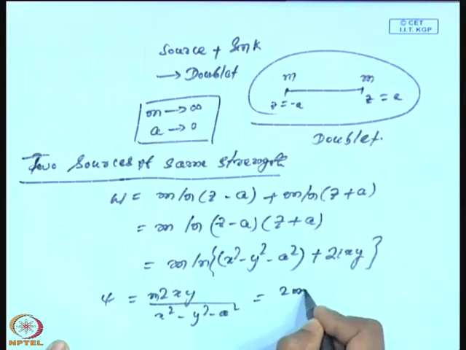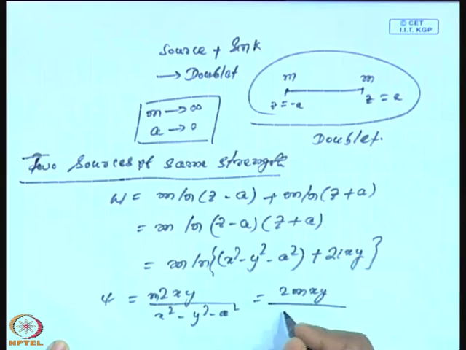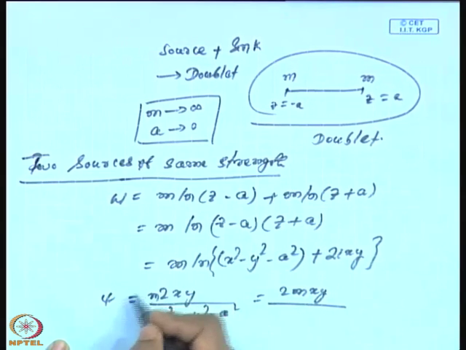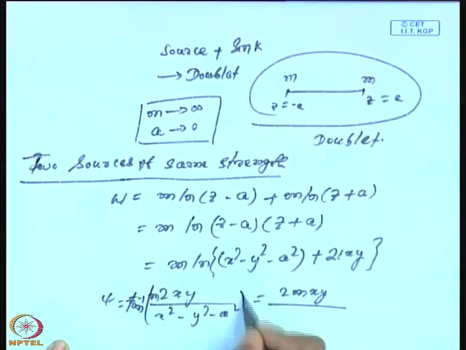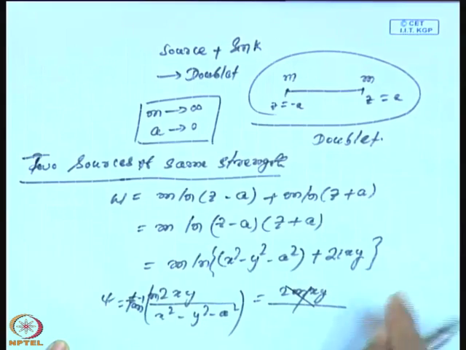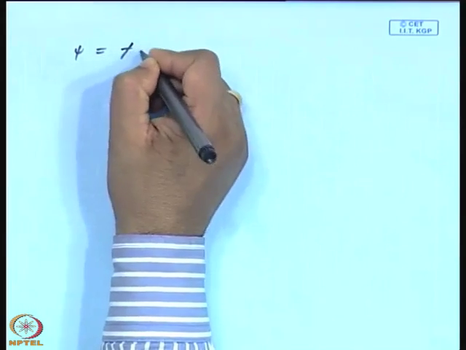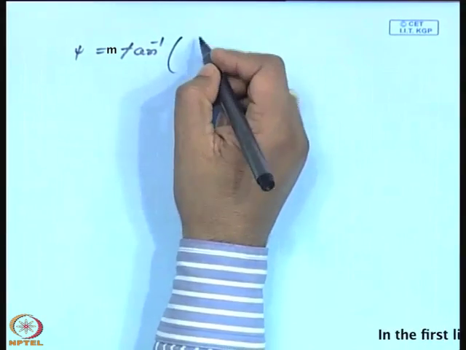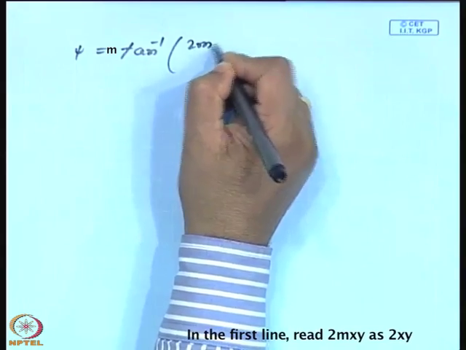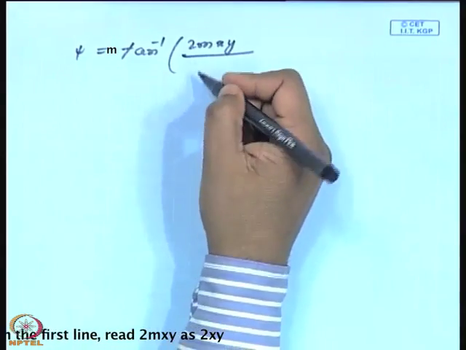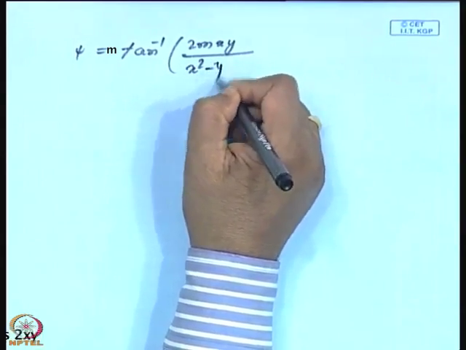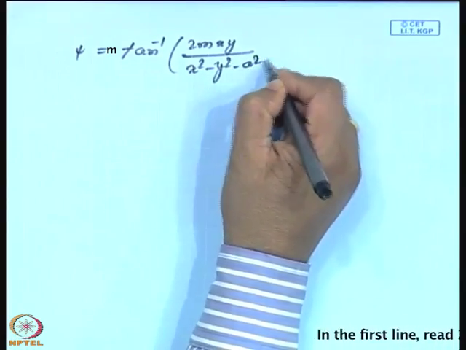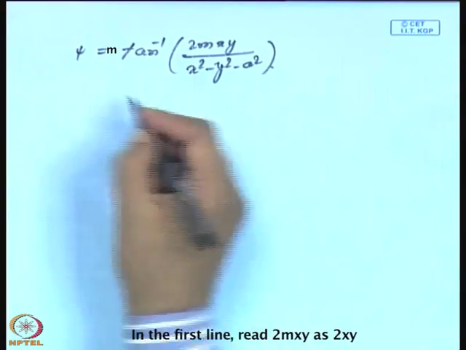So that means it will give me tan inverse, so my psi is m times tan inverse of 2xy divided by x square minus y square minus a square, and if psi is equal to constant